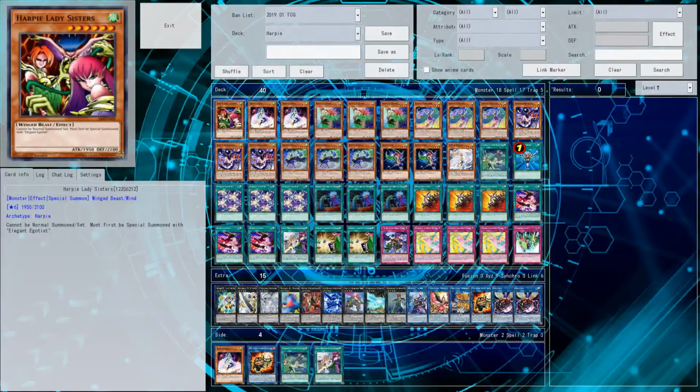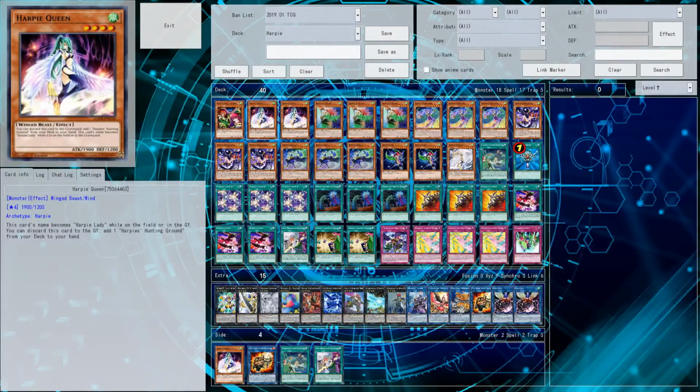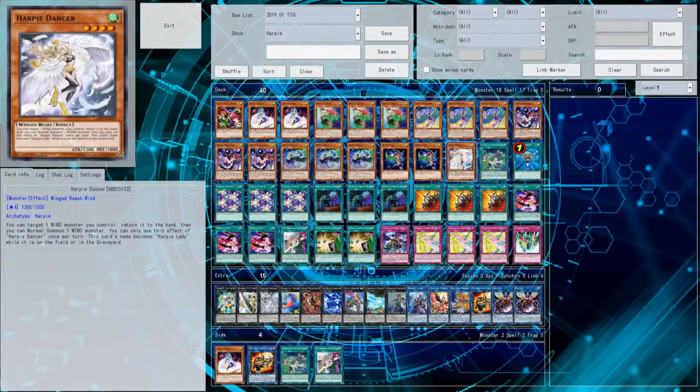I'm playing one Harpie Lady Sisters. I feel like you could play two, but I would brick a whole lot, and I don't think it's really necessary. Plus, there are ways for you to recycle the card. So in general, it's best if you play one. I run double Harpie Queen. You could run triple Harpie Queen and take out one Harpie Dancer if you want to keep the deck cheaper,